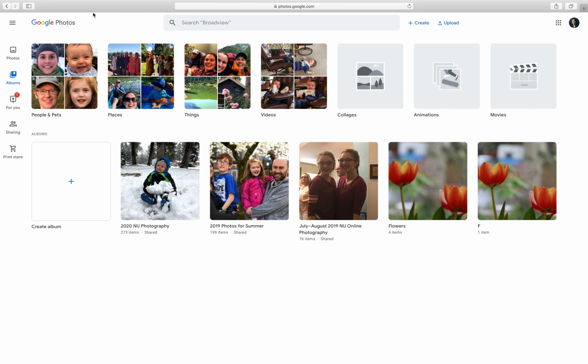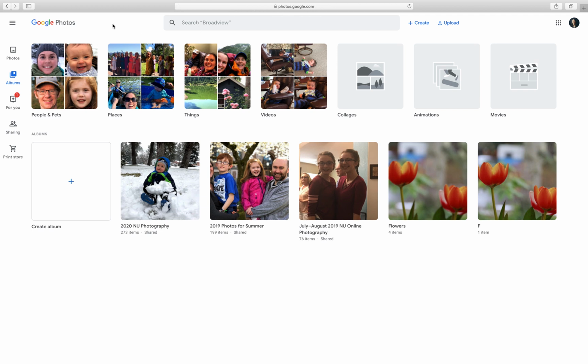You'll be posting photos each week on a shared Google album. So first off, if you do not have a Google account, you need to create a free Google account. This will give you access to a Gmail email address, as well as other Google apps. So we'll be using Google Photos, which you can find at the URL of